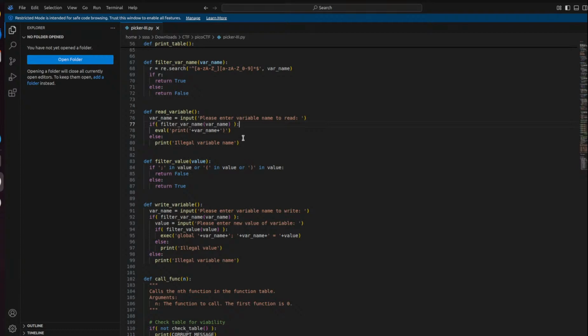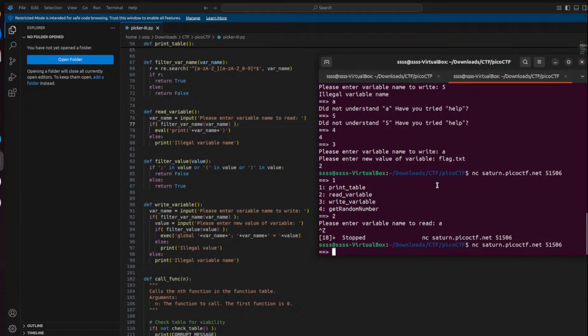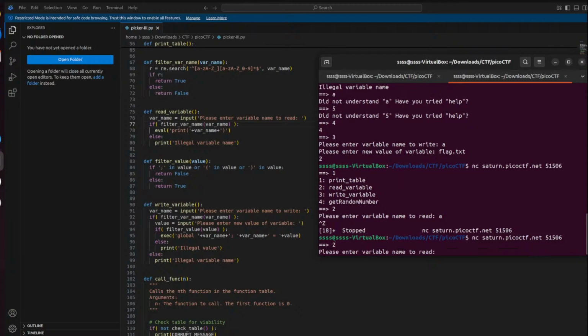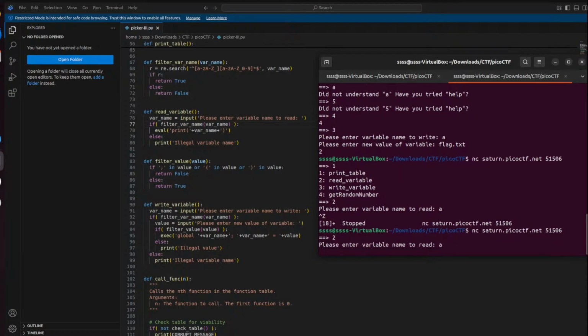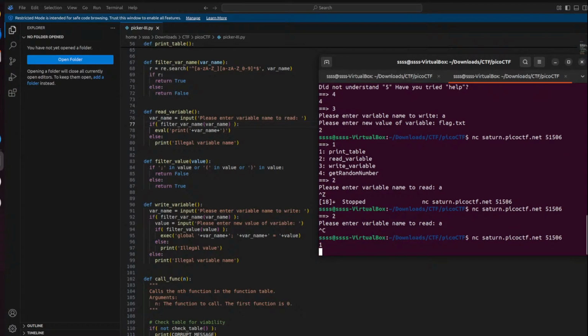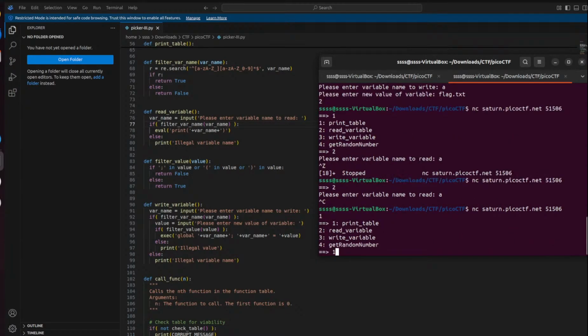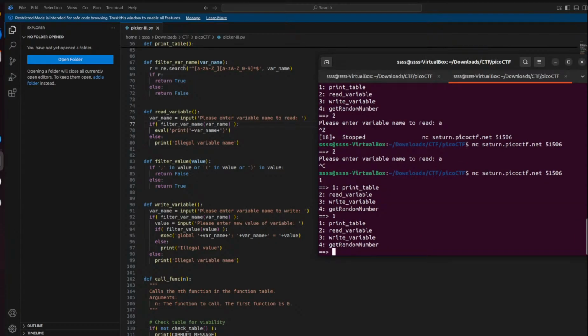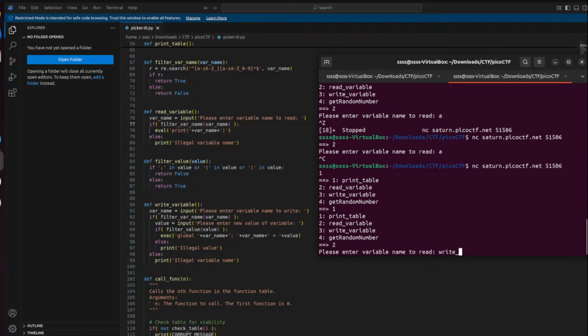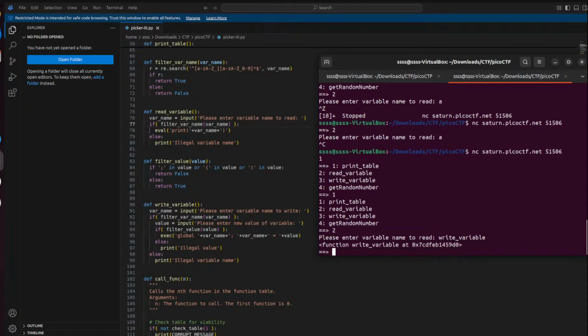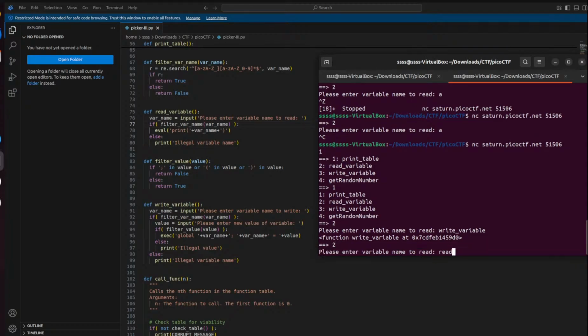It will print it. If we do the two, enter a variable name to it. Let's do one, print table. Okay, let's do read variable, write variable. Oh, this actually gives me the address. Okay, if we actually do read variable,